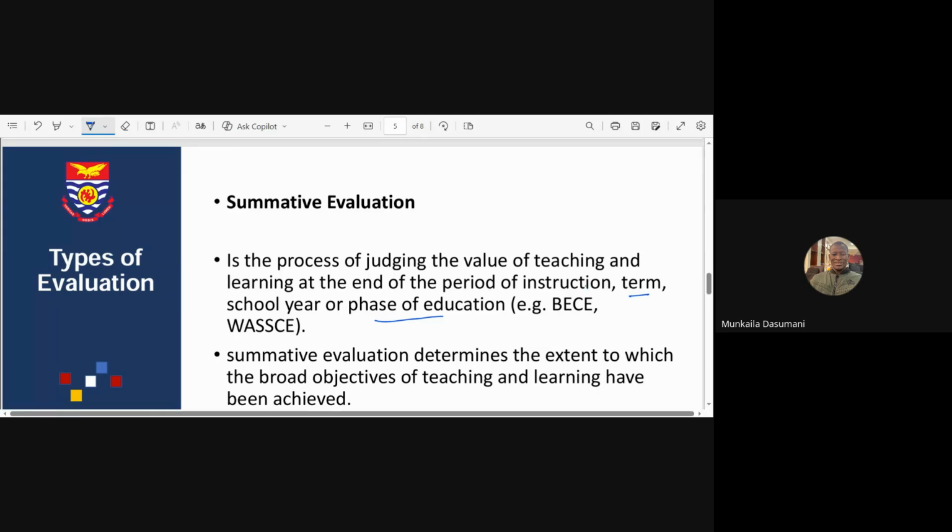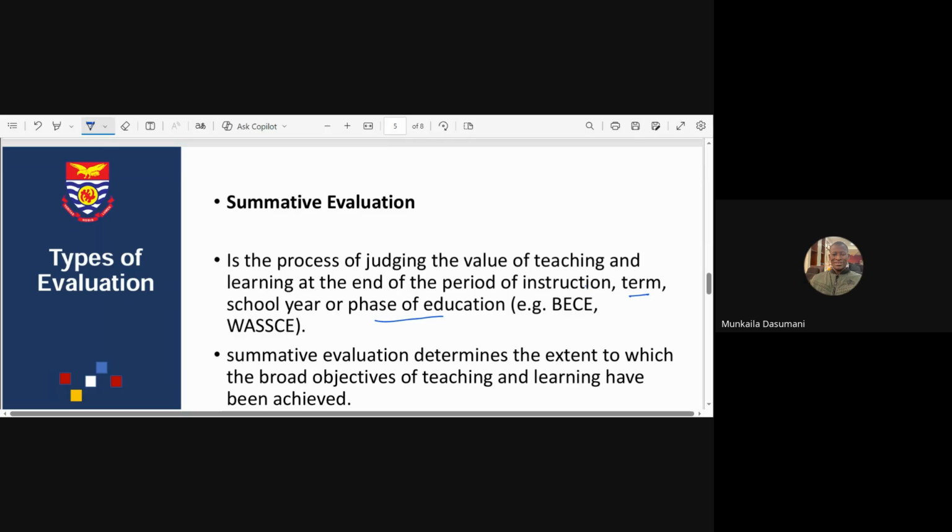In my school, we used to write weekly exams, and that was the period of instruction. Every week, the whole school writes exams every Friday. So that can be a term. It can be weekly, because at the end of that period or set, summative evaluation determines the